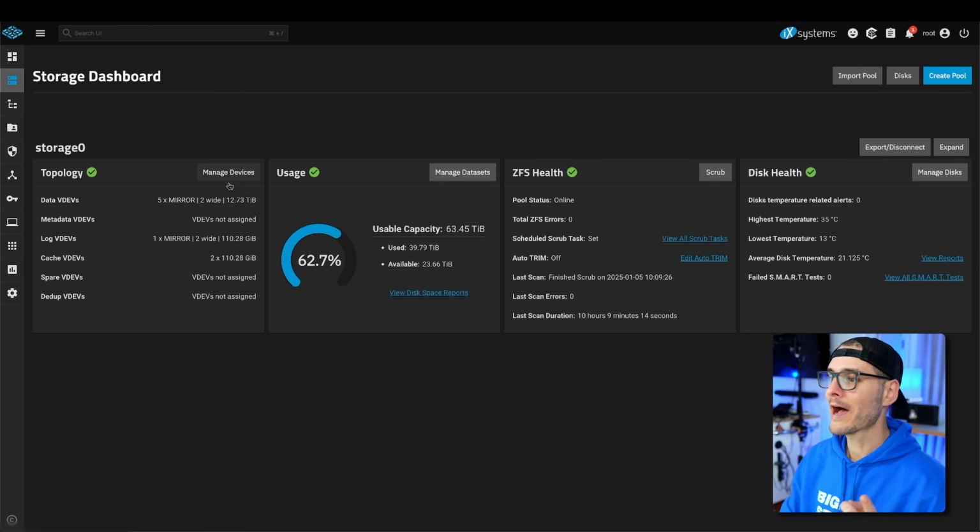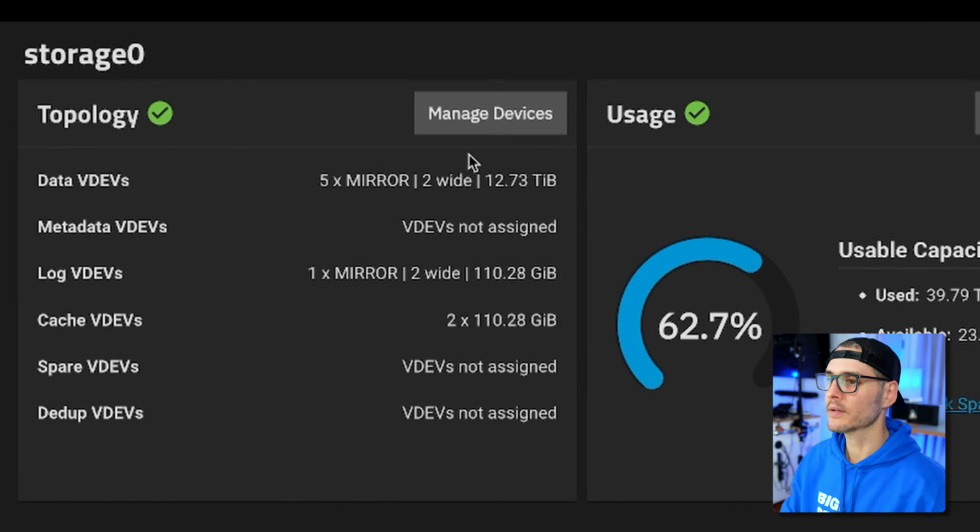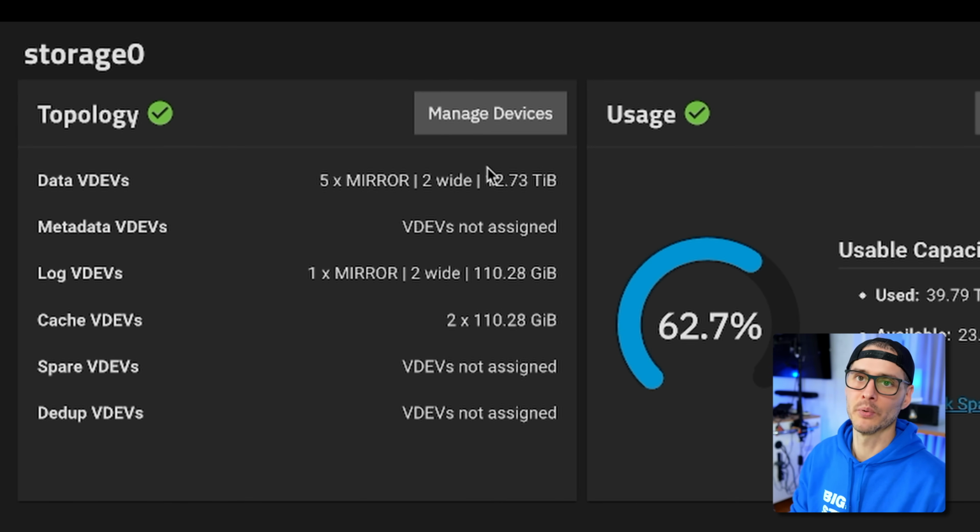So if you want to see how my disks are laid out, I think we can go right here. But I have 5 mirrors that are 2 wide. So I have mirrored VDEVs and I have 5 of them. So I have 10 14 terabyte drives in there. And so I'm kind of losing half of my storage because I'm using mirrored VDEVs. But I did that because it's easy to expand my pool by just adding 2 more drives. And that's why I did it, plus some performance reasons. Even though it's kind of expensive, every time I need to add more storage, I got to buy 2 drives and I get half of that storage. I decided that that's best for me for right now.